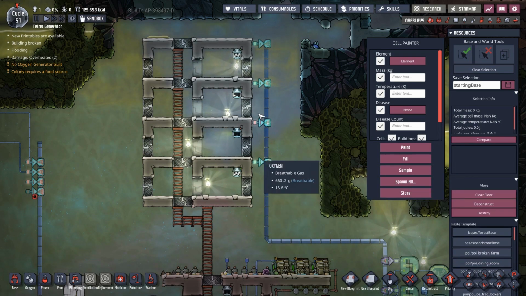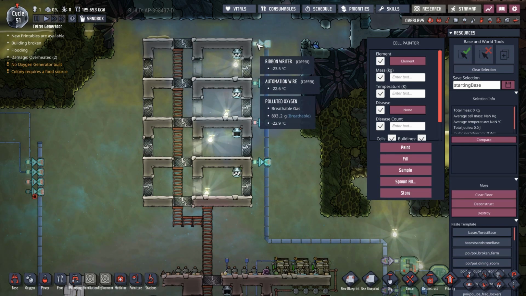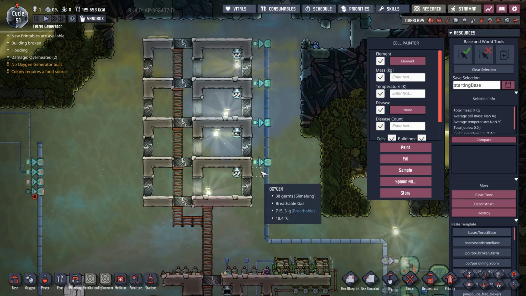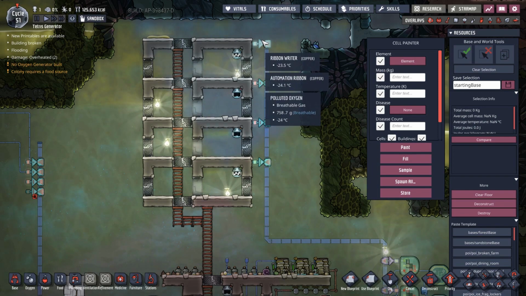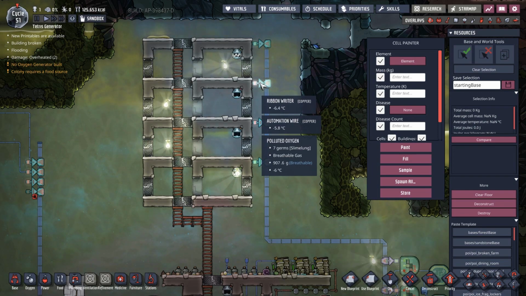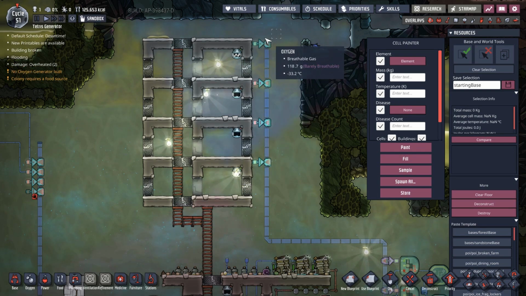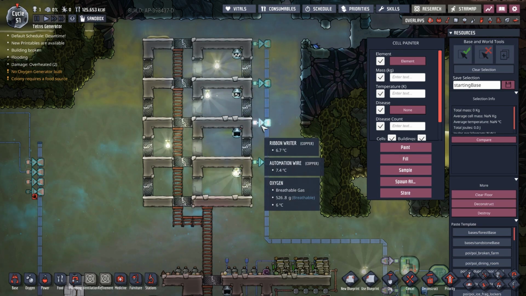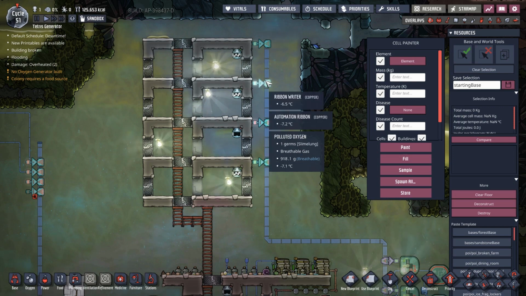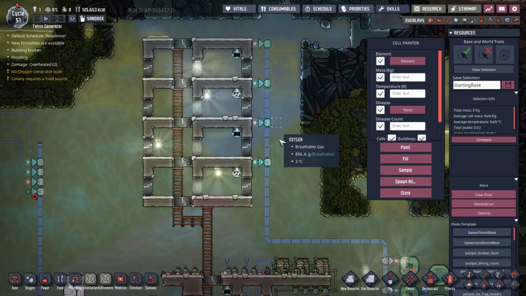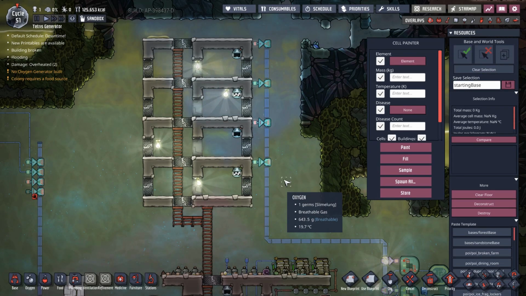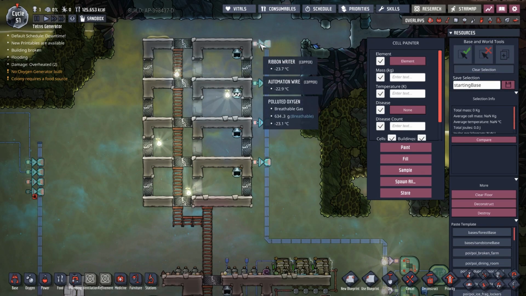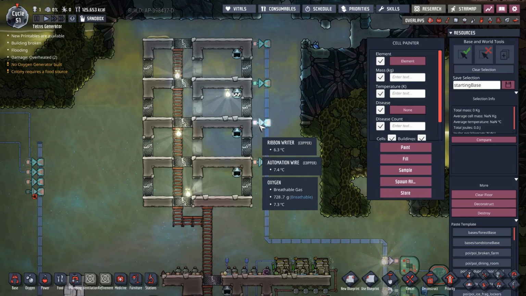Okay, so if they're all off, that's a 0. If they're all on, that's a 15. That's binary to decimal conversion. So if 1 is on and the rest aren't, then it's 1. If 2, that's 2 by itself. 3 is these two together. And 4 by itself. 5, 6 is these two together. 7 is all 3 of these, etc. 8. So these have a value of 1, 2, 4, and 8. And if you add up 1, 2, 4, and 8, 1 and 2 is 3, 4 is 7, 8 is